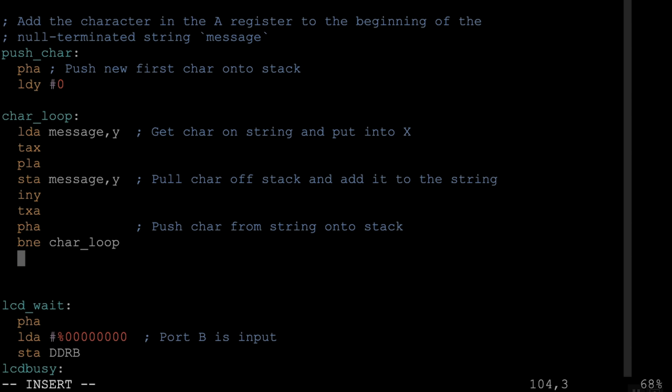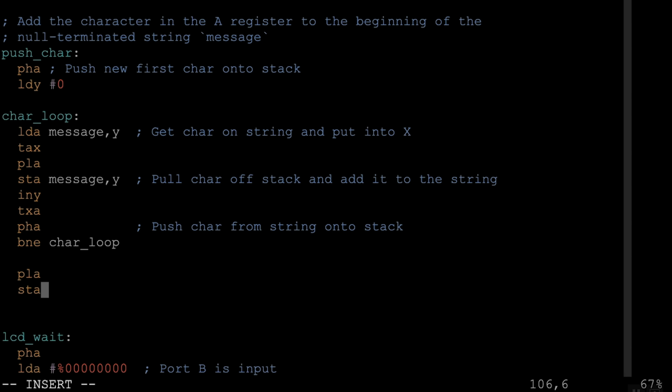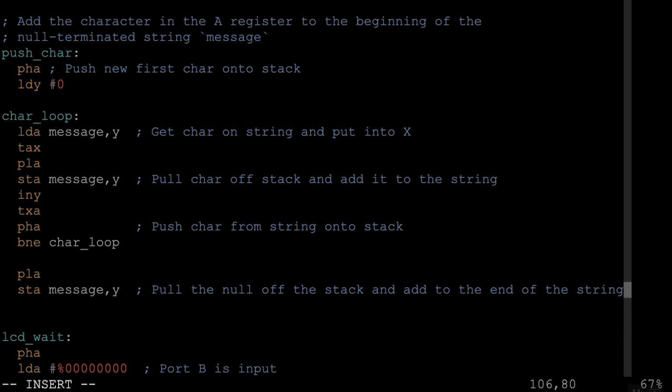So at this point, at the end of the loop, we've shifted everything along. We've gotten to the end. We still have the null terminator for the string. That's still on the stack, so we can pull that off into the A register, and then add that to the very end of the string. That way we have the null back at the end of the string, so we're coming out of this subroutine with a null terminated string. The only thing we've done is add the new character to the beginning of it. So we can return from subroutine,